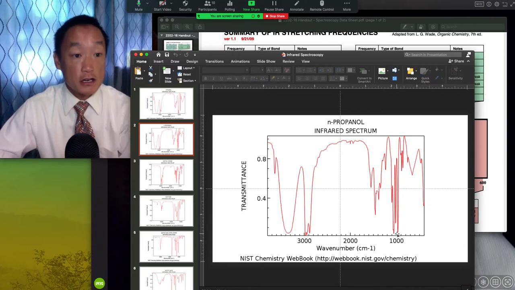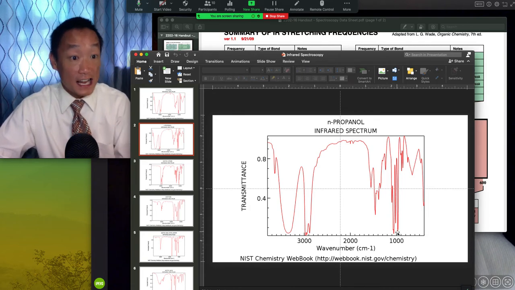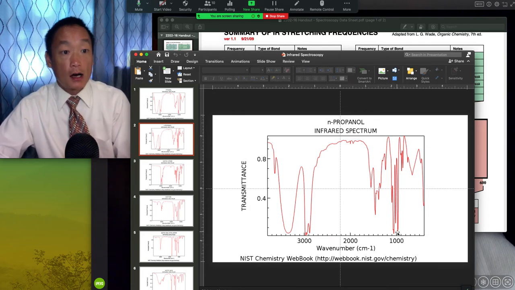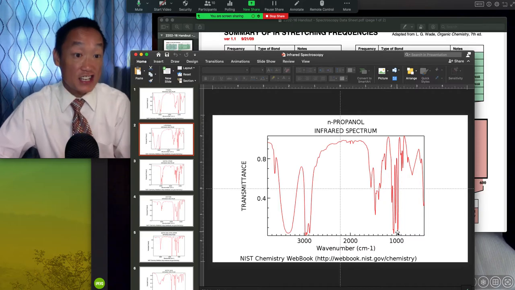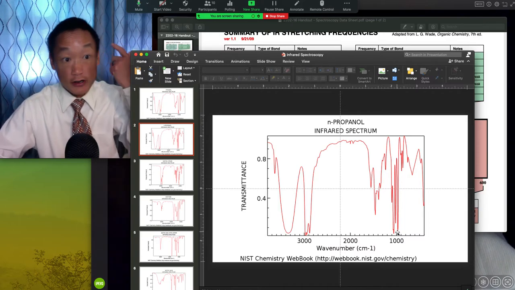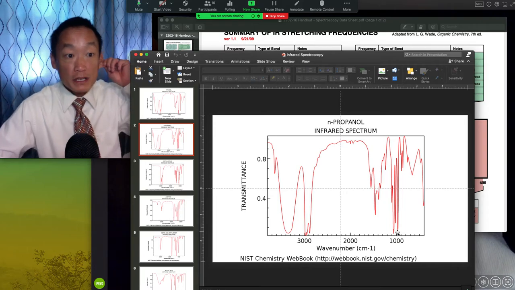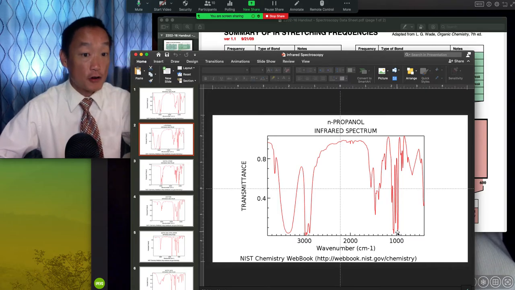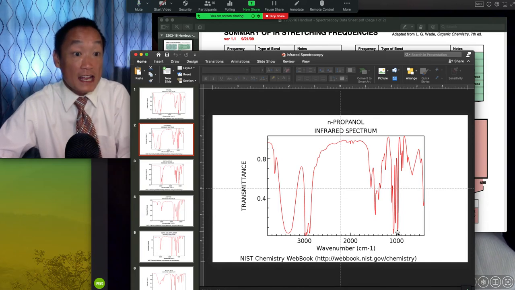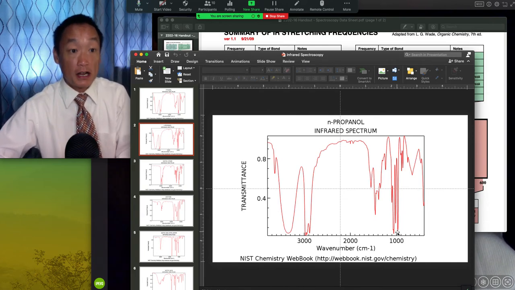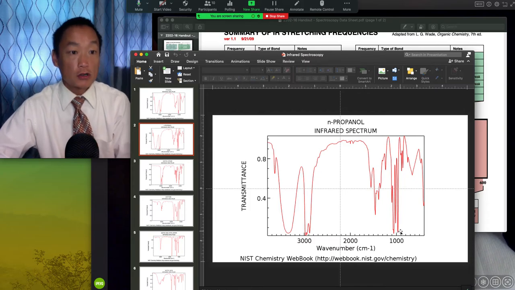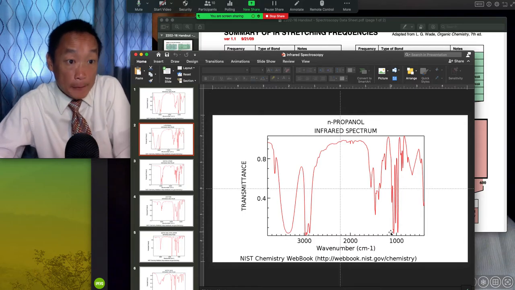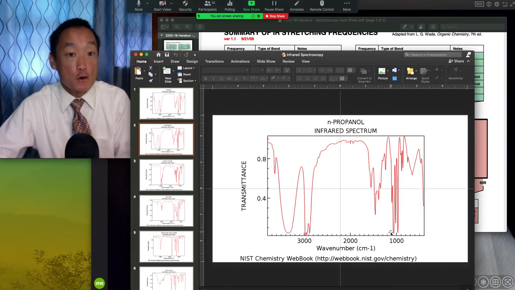The same idea would be like if you took a CAT scan of a brain, let's say, and at that point in time when you took that CAT scan, you also got the scan of the ears because they're attached to the head at that point. You wouldn't be looking at the ears for a diagnostic confirmation of a brain tumor because it's just not the area of the scan that's going to be diagnostic in determining a brain cancer. And so you wouldn't look at that portion. You're not going to look at this portion to be diagnostic for anything because it's just too busy.